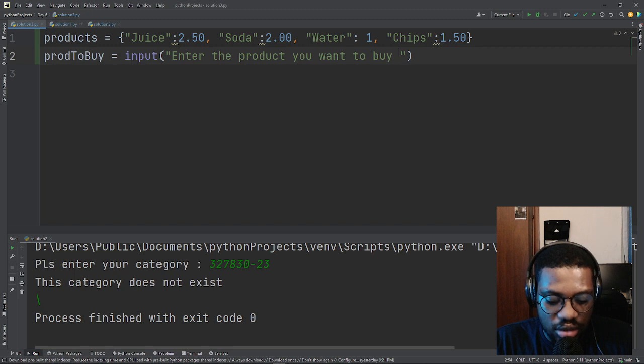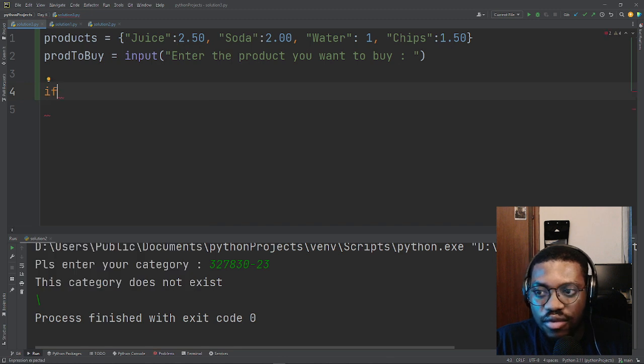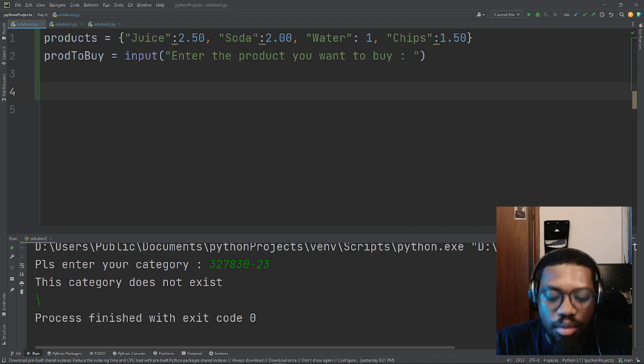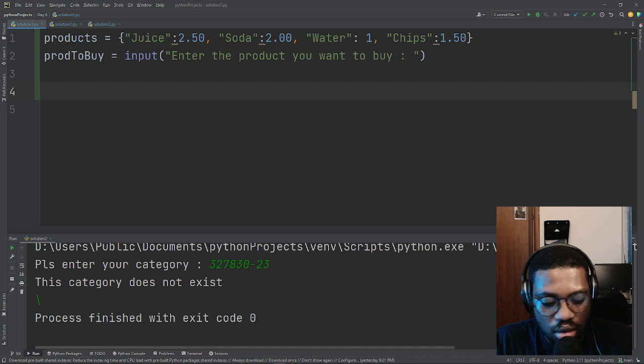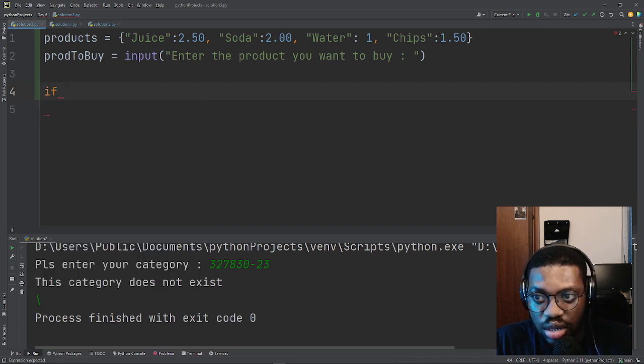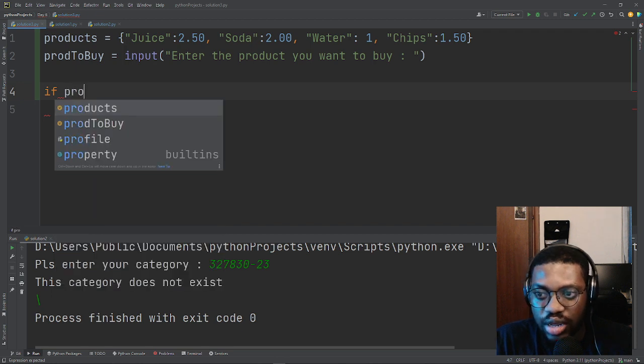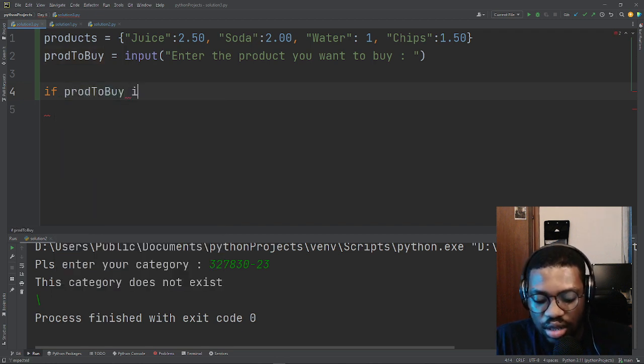Like this. Okay, enter the product you want to buy. Now, if the product to buy is in this dictionary here,